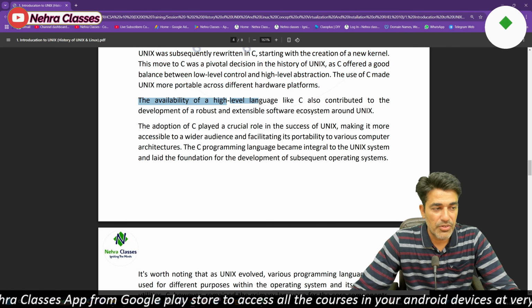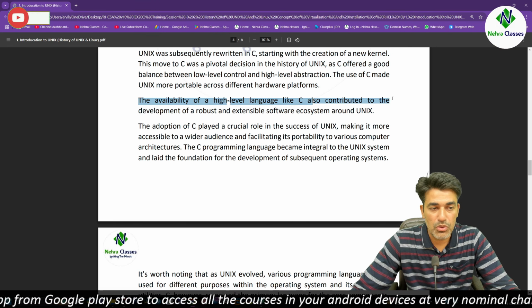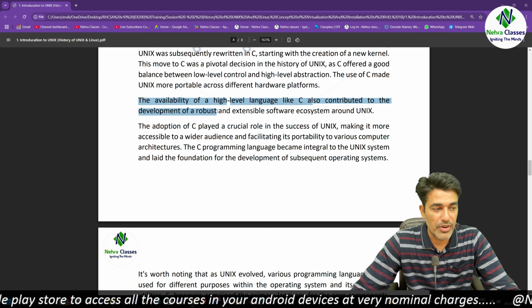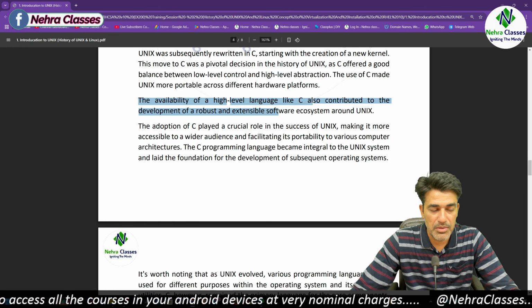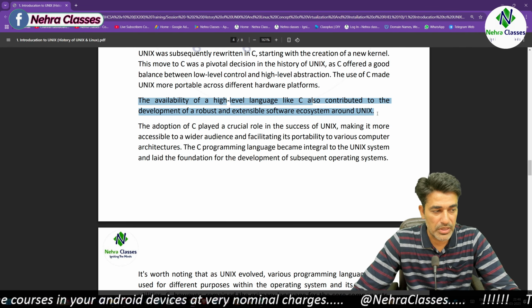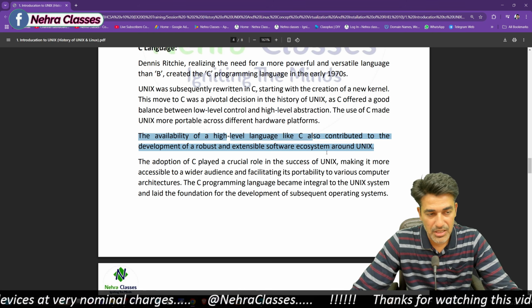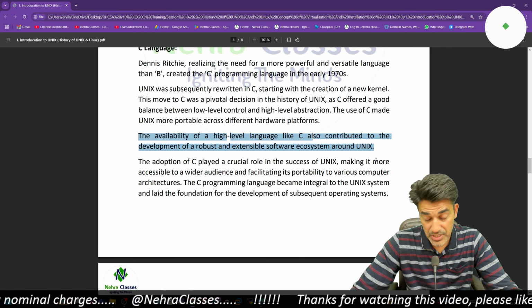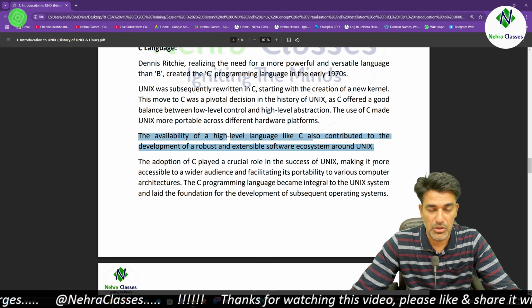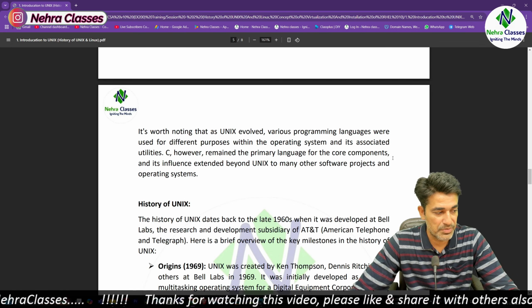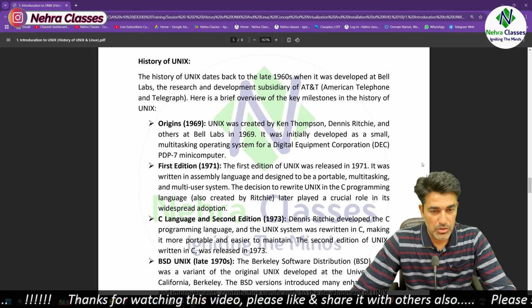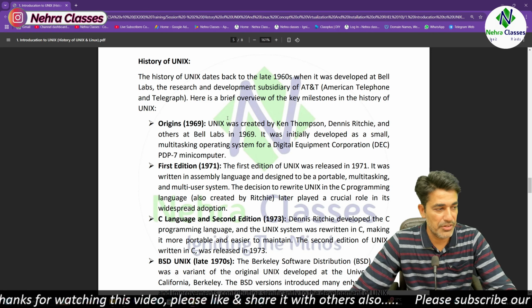The availability of a high-level language like C also contributed to the development of a robust and extendable software ecosystem around Unix. So they not only created Unix in C, but many applications which are still in use were developed in the C language. So let's take a brief look